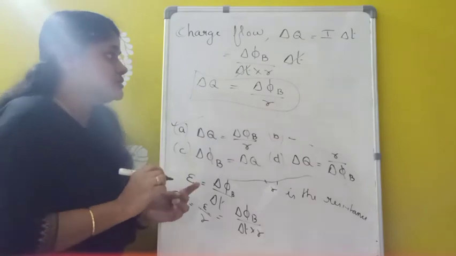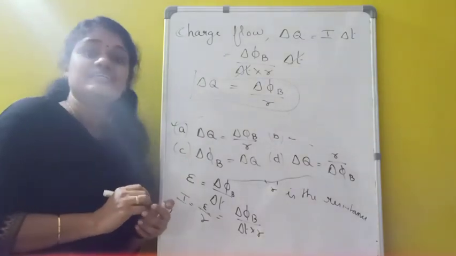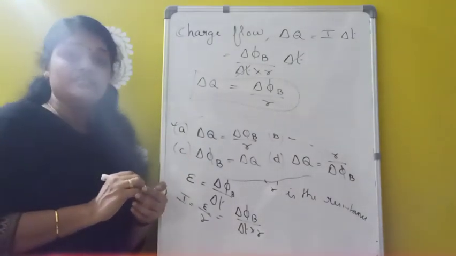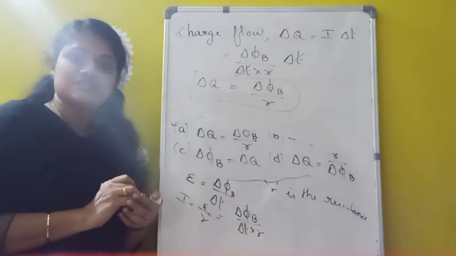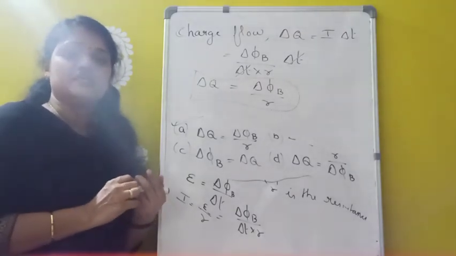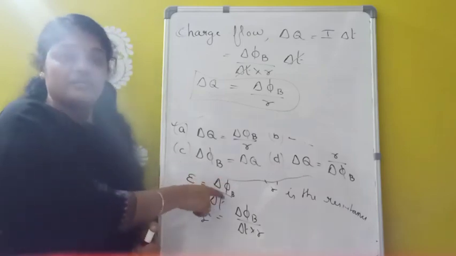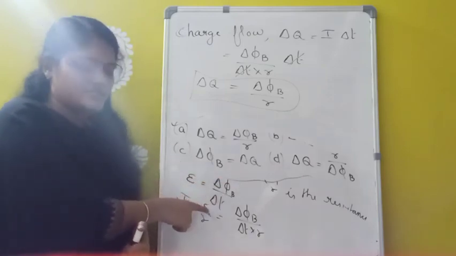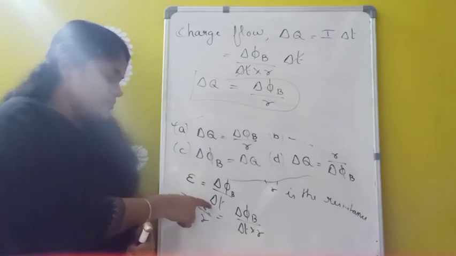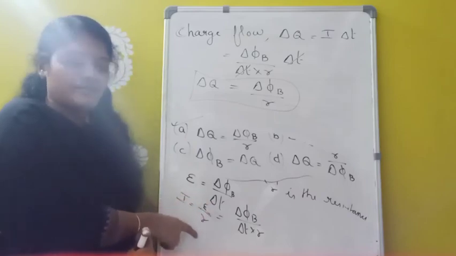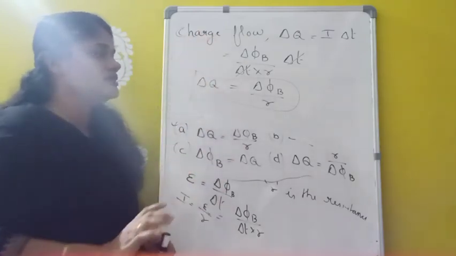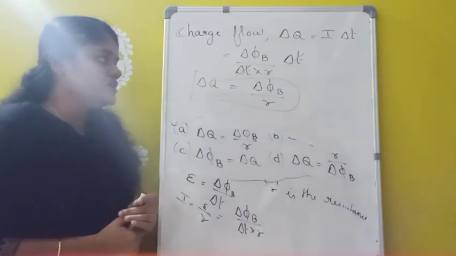So here we are inducing which one? Electromagnetic induction. So whenever there is a change in the magnetic flux linked with a circuit, a current will be induced in the circuit, and this induced EMF is given by delta phi B by delta t, change in magnetic flux. Okay, and this current is given by epsilon, means EMF, divided by resistance, and substituting this one, you will be getting the value as delta phi B by R.